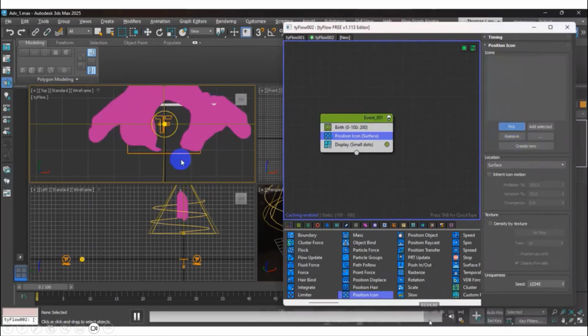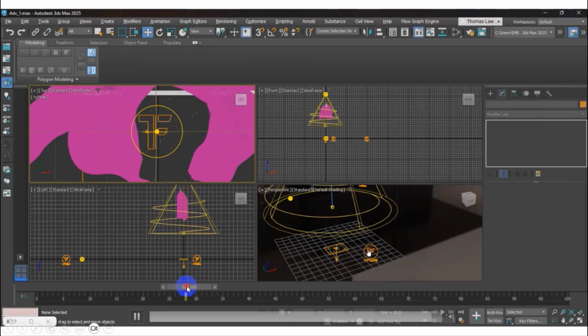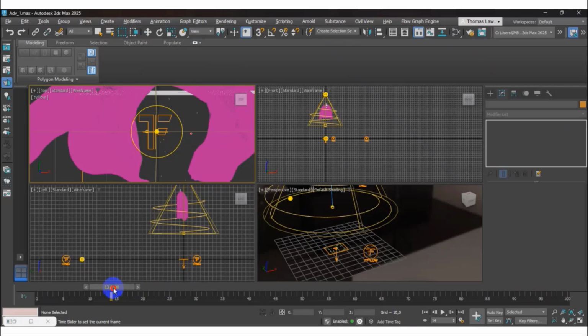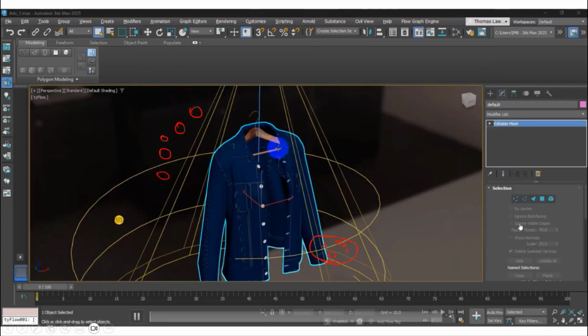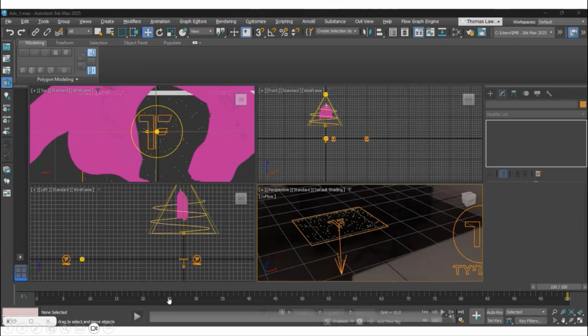Okay, position icon display. This is the movie one. Once you get the particle inside the icon, you see there is a small particle already there. See, this is particle start. Once you apply it to which object you want, you can direct this object, the TyFlow icon, and automatically on your screen right now there is a particle, the small art particle. Okay, this is the movie one, and then we can go to the second demo.